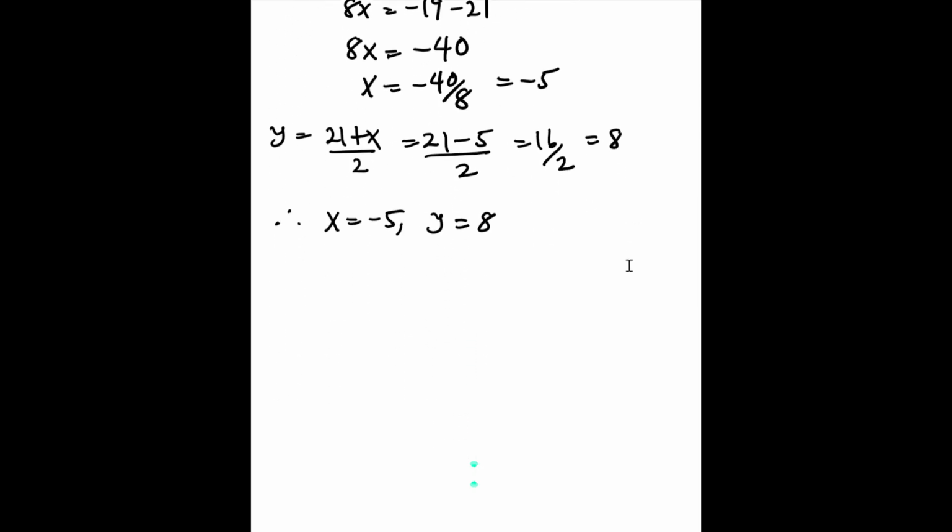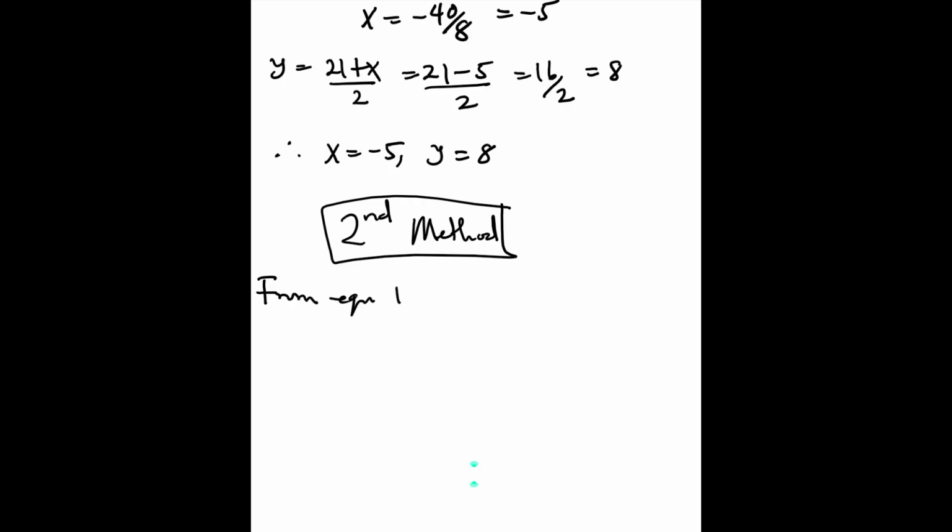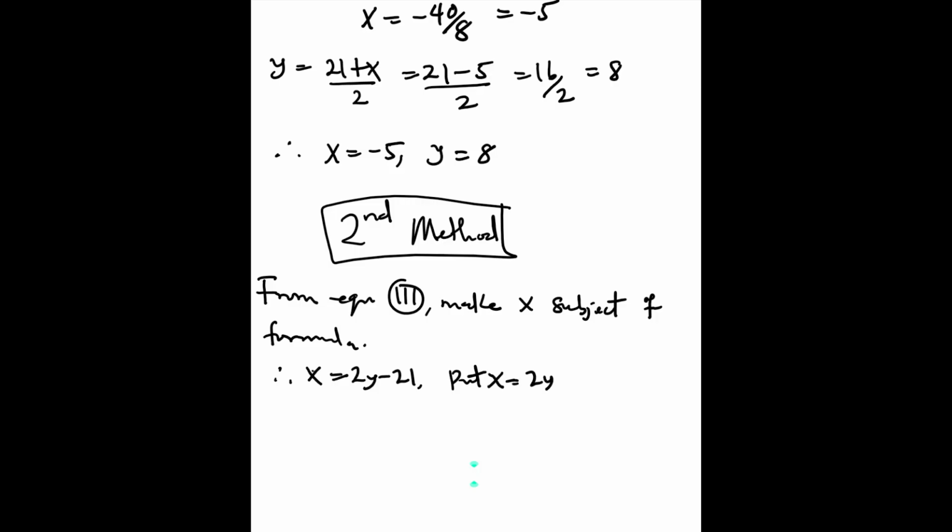And sometimes if you feel like, oh, am I sure I did the right thing, we can check by doing a second method, and I'm going to show you a second method right now. So if we do a second method, check. Okay, from equation 3, we can make x the subject of formula. In the other one, we made y the subject of formula. Okay, so therefore x is equal to 2y minus 21,